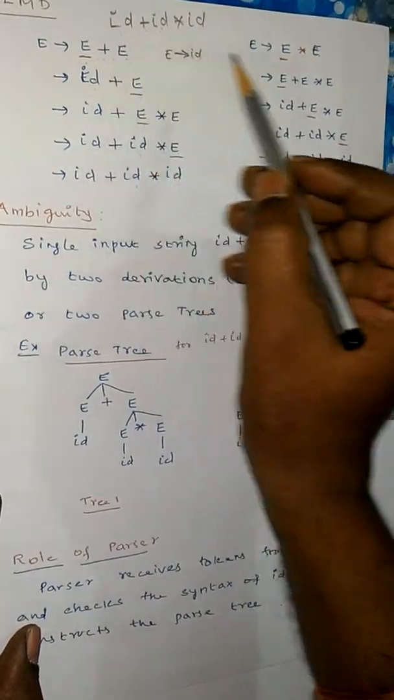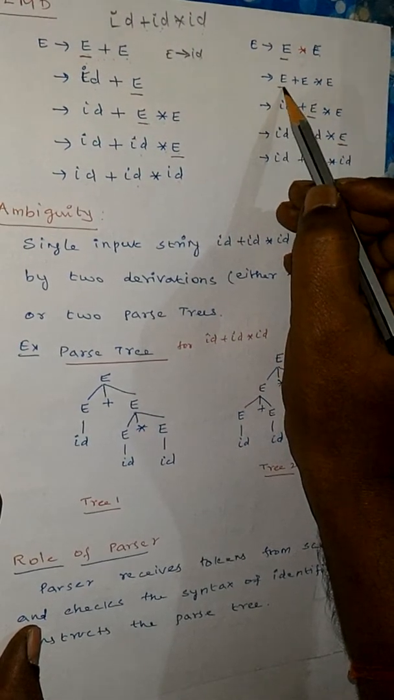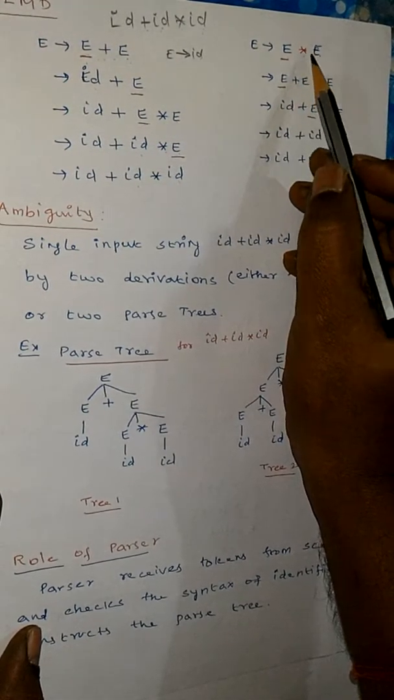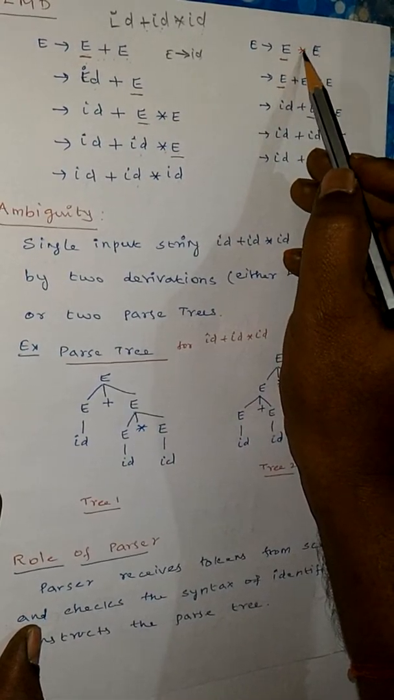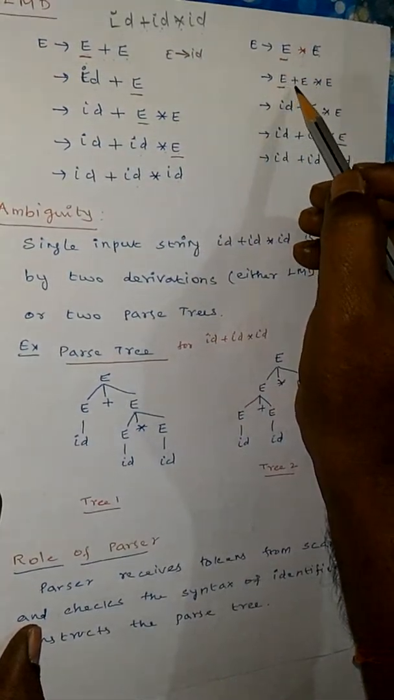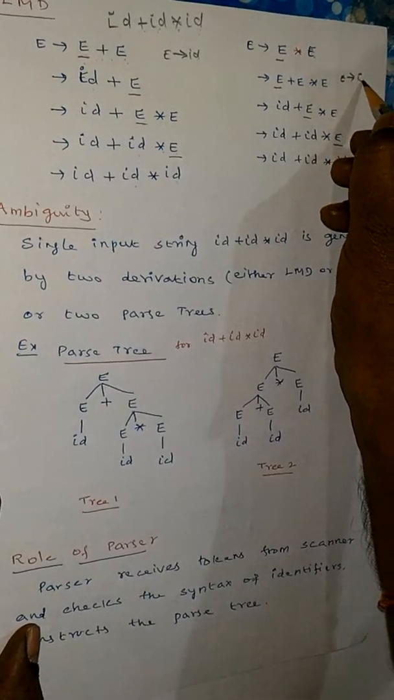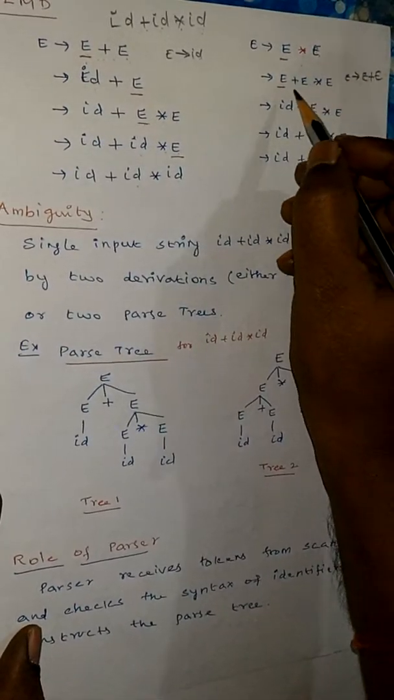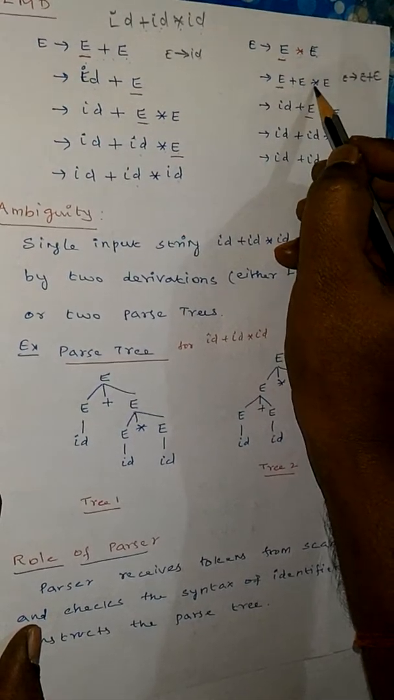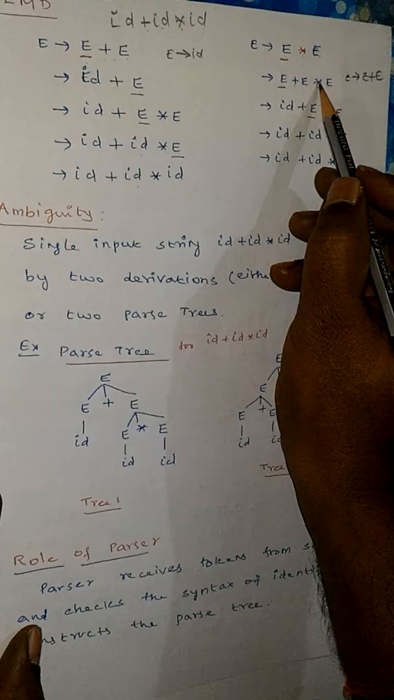instead of E plus E, again we have to take the leftmost variable in the RHS. The leftmost variable in the RHS is E. Now E star E is there. Star is there, but we need plus. So this E is replaceable by the first production, E derives E plus E. That is substituted here for this E, and this is the already existing star E. Now we got the plus operator and also the star operator for this